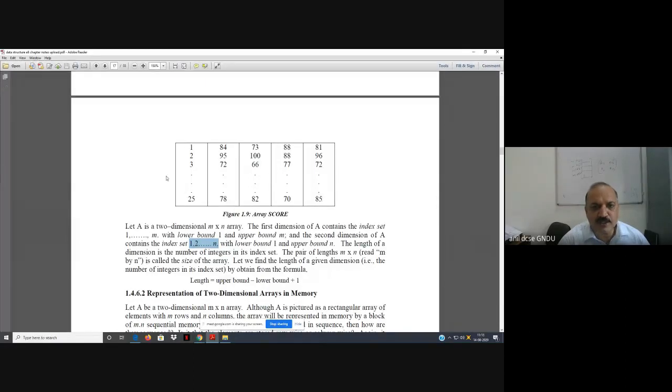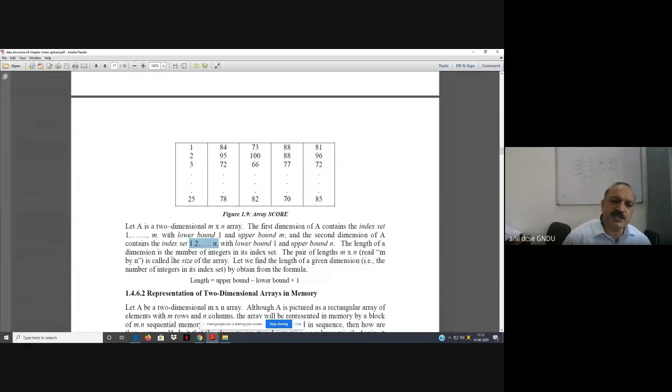This is 25 because there are 25 students, but we don't know the number n because here it is a dotted mark. So we don't know about n in this figure. These represent the columns, with lower bound 1 and upper bound n.